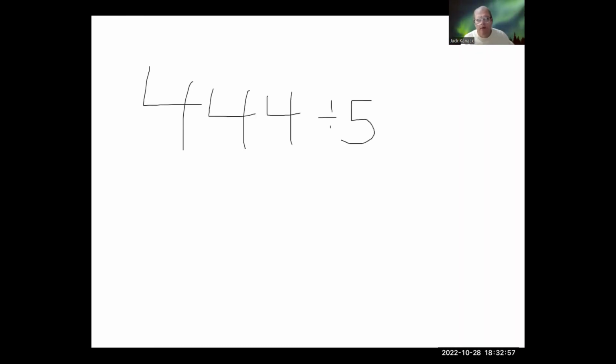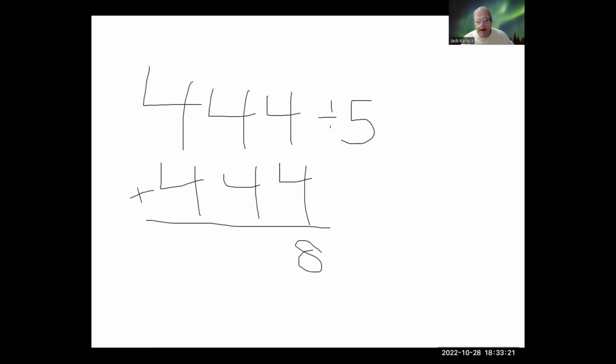Let's try something more complex. How about 444 divided by 5? Well, this one you can't do in your head, but if you add another 444, you're just going to double the 444. You get 888. And you're going to take the decimal place here, and you're going to move it 1 spot to the left. So you have